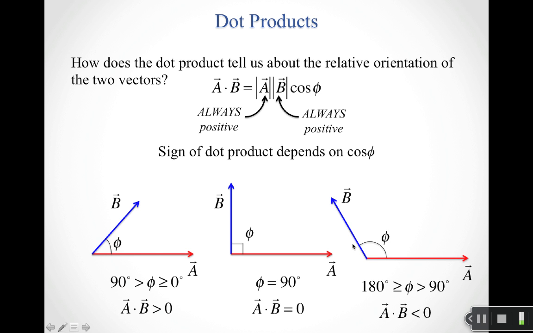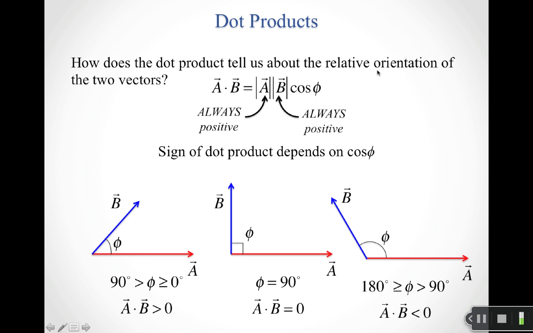My third option is, again, I can have an angle phi that's larger than 90 degrees. So here's an angle phi that lies between 180 and 90. And again, this now gives me a dot product that's negative. So it says that the component of B points in the opposite direction as the vector A. So when I think about the component of B that's parallel to A, it points to the left, A points